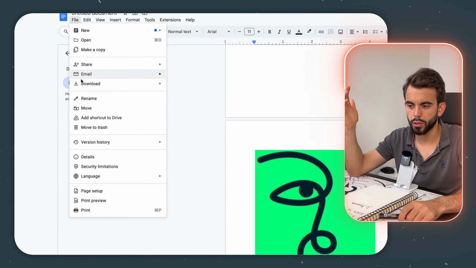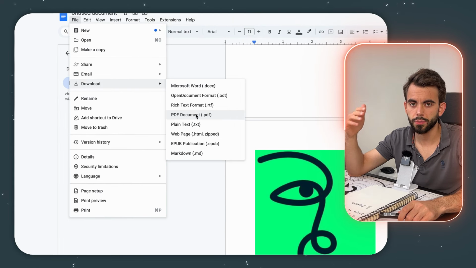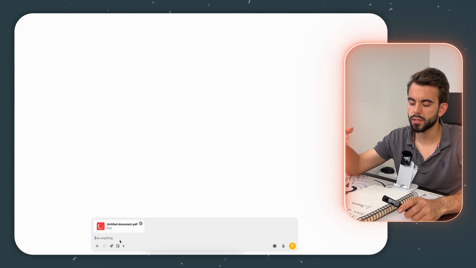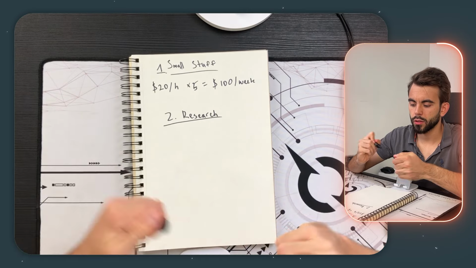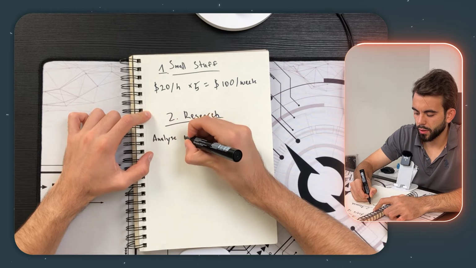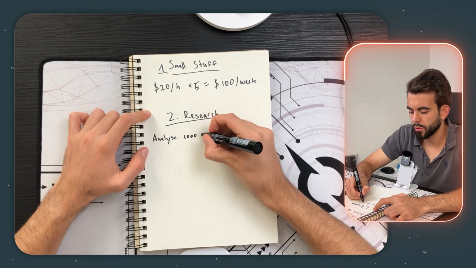I would download the Google Doc as a PDF, and then I would upload that to ChatGPT. And I would ask ChatGPT to do the analysis. It would do the analysis, and then it would give me data, and then based on that, I'd be able to create the courses. In terms of the research, first of all, like to analyze like 1,000 reviews,